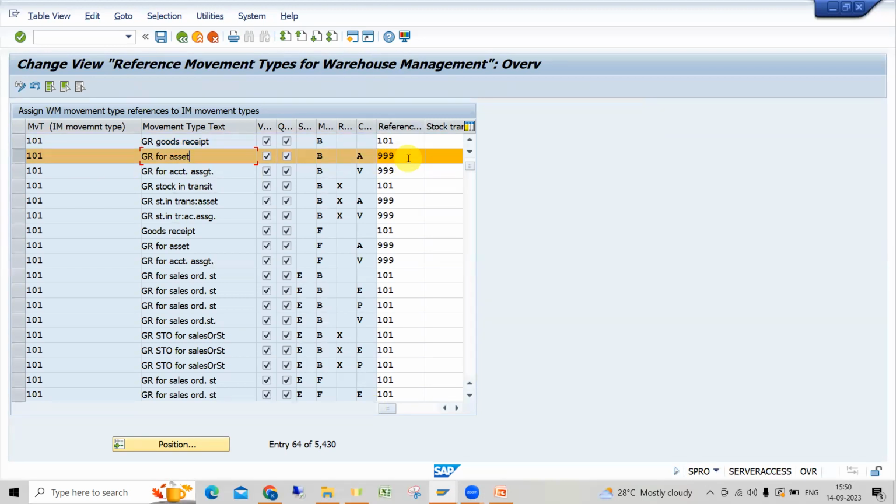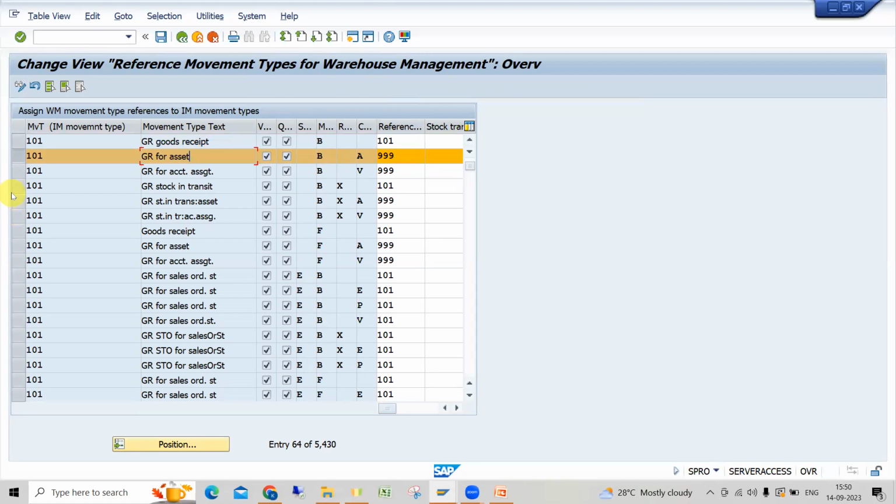For any movement type or any goods which you are receiving in a WM enabled plant, where for some goods you do not want WM to be activated, or it should not go to the WM, for such a scenario,